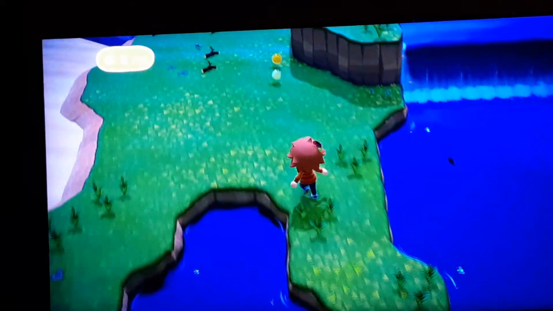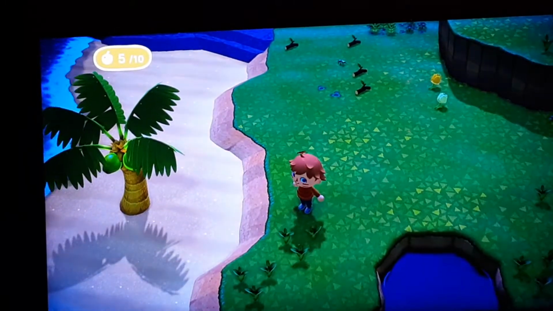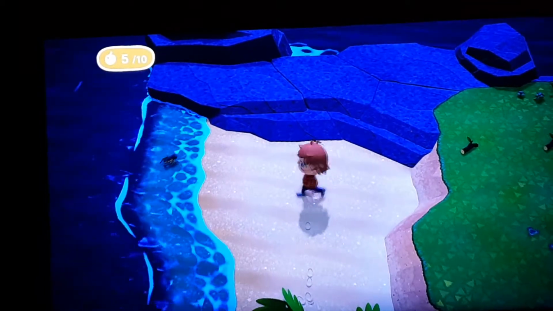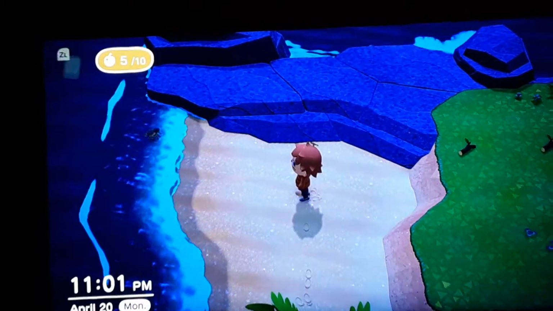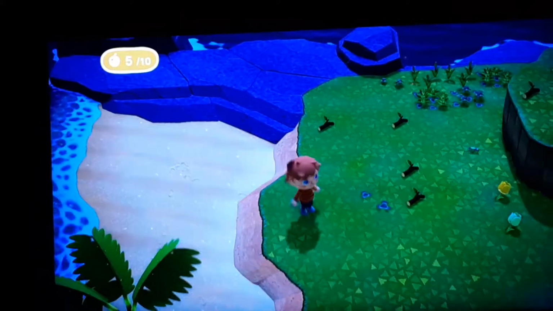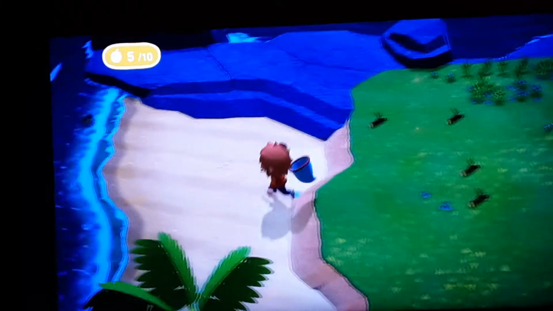Basically, you just have to take out all the flower buds. There's a tarantula right there. He's gonna go away now. He's gonna kill himself. Or not. I'll show you how to catch him, since he's right there. He's probably gonna despawn, but...